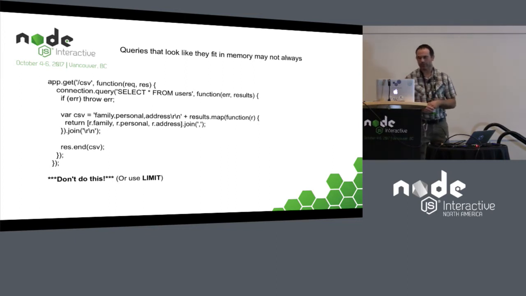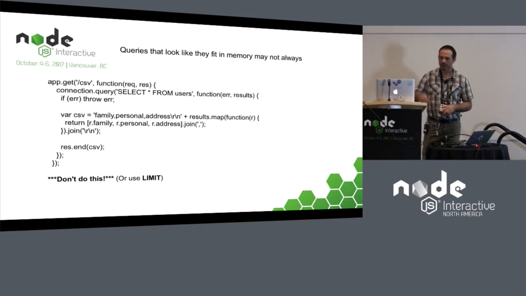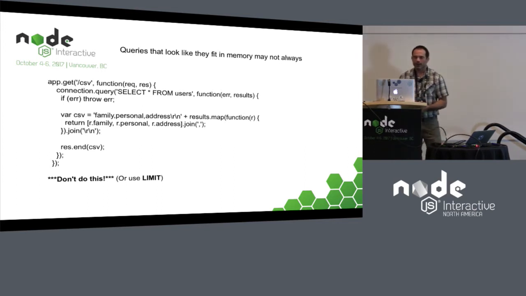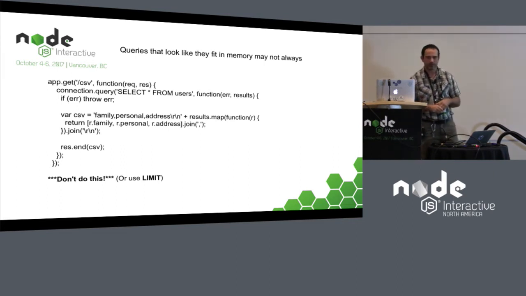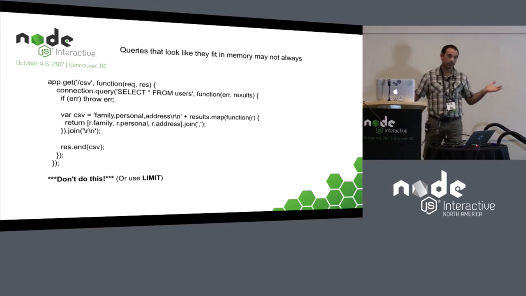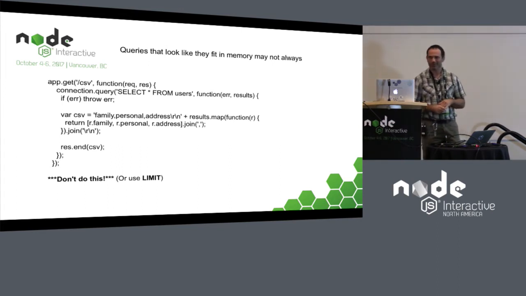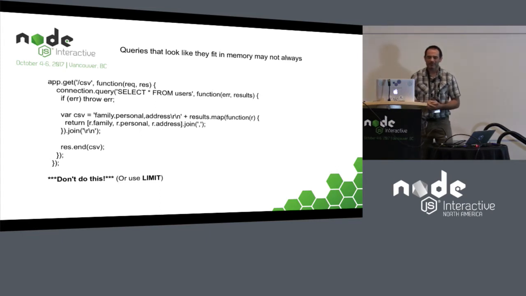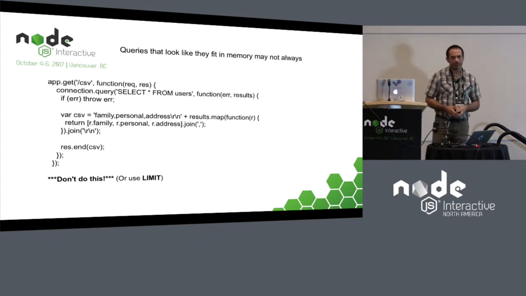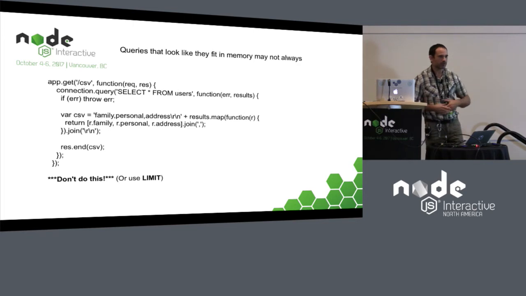You get back the result of the table. You format it as CSV. Use a nice map. Boom. Get a single string. Send the response. Life is good. But eventually, who knows how big the users table is? Right? In your test structure, you probably just have a few hundred users, or maybe two. Two is the minimal to have a test that actually tests multiplicity, right? But eventually, maybe you're going to have millions of users, maybe you're going to be super successful,